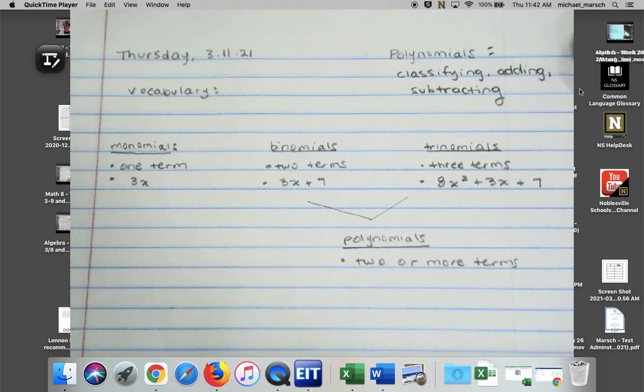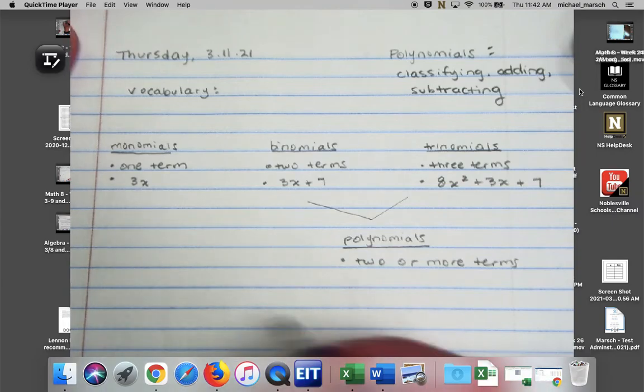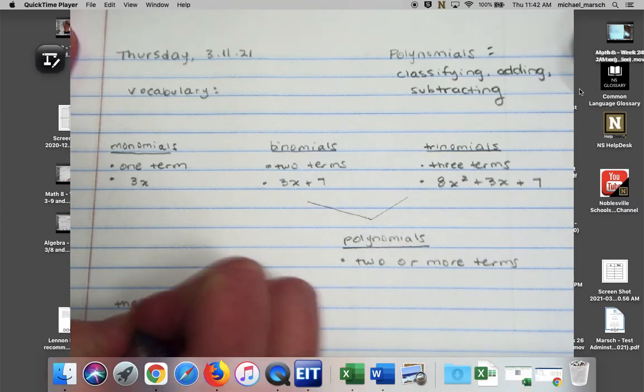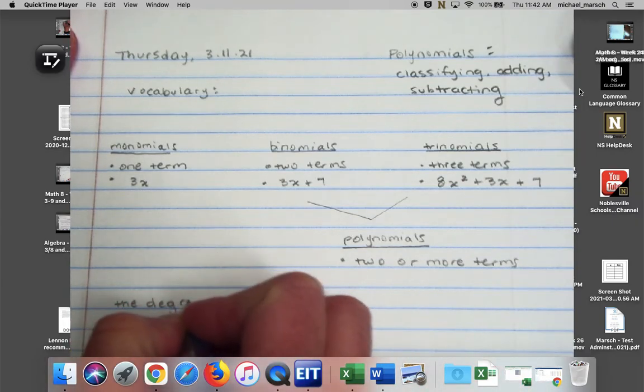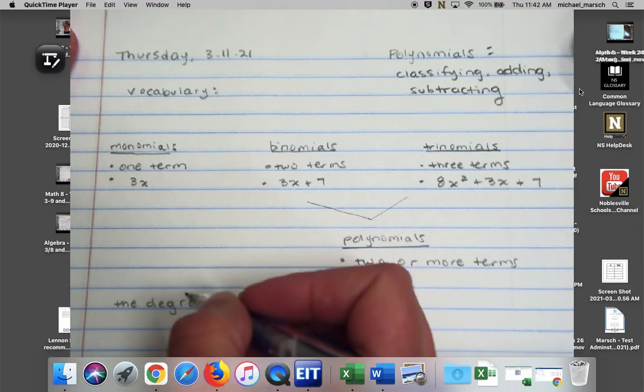Hopefully this all sounds vaguely familiar. Yeah, a little bit. It's just one term. Yeah, it's just hanging out by itself. Single number. Okay, so then our next vocabulary is the degree of